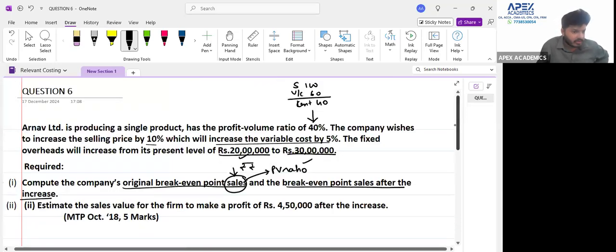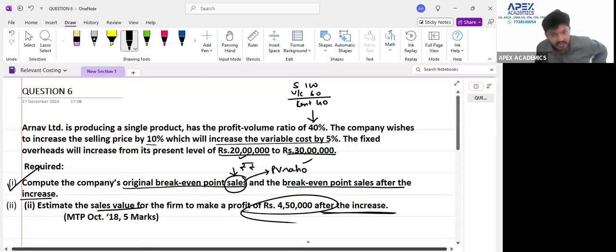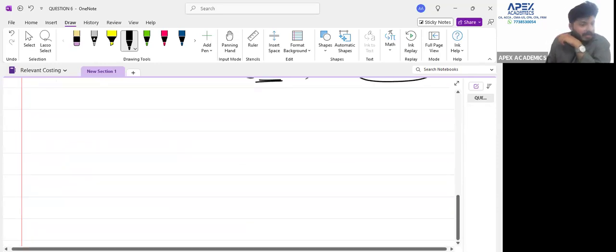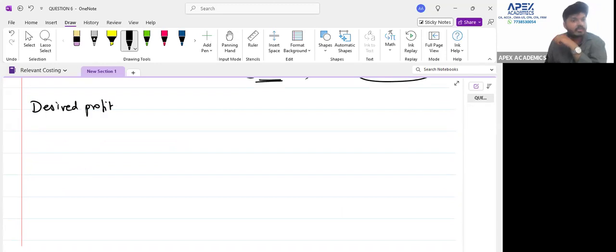पहला क्वेश्चन हो गया? यस सर, पहला क्वेश्चन हो गया। Second, estimate the sales value for the firm to make a profit of 450 after the increase. क्या वर्डिंग है? आफ्टर द इंक्रीज। अब हमेशा इस एक पॉइंट को याद रखिएगा। सबसे पहले हमारी बात यहां पे किसकी हो रही है? सर डिजायर्ड प्रॉफिट की हो रही है।